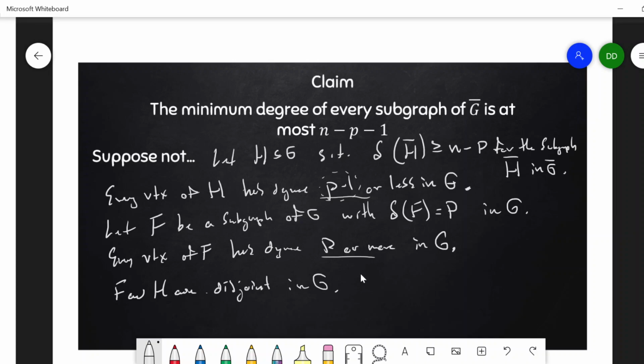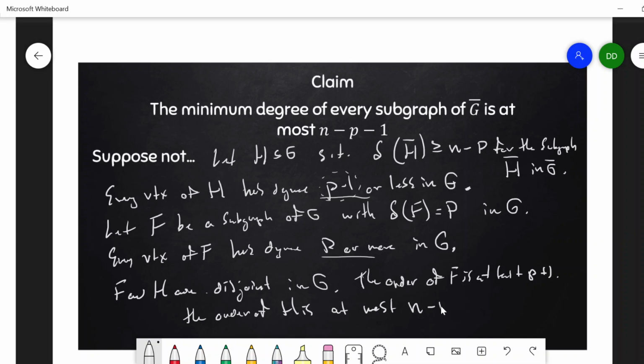Now the order of F, since every vertex of F has degree at least P, the order of F, number of vertices there, is at least P plus 1, so that every vertex can have degree at least P. And it follows then that the order of H is at most n minus P minus 1, right? N minus the number of vertices in F, since these are disjoint. However,